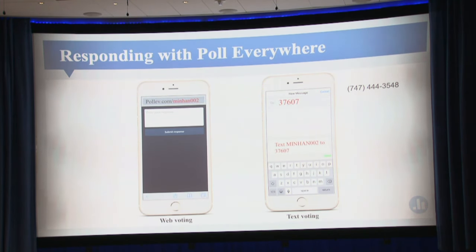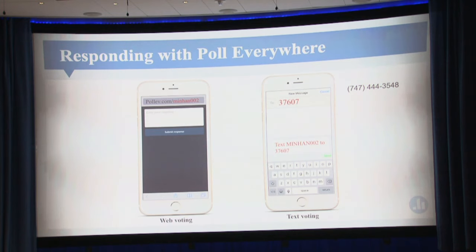And if you have a regular feature phone that is not a smartphone, please type that number 37607. And if that number doesn't work, sometimes that happens, then please type 747-444-3548. And then you type my account